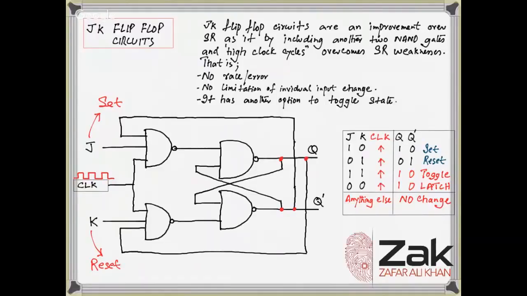That is why I said that you should relate this JK with NOR SR. Yeah, still it has a relation with that. The truth table is like the one in NOR SR. Only there is one difference, that what was an error in NOR SR